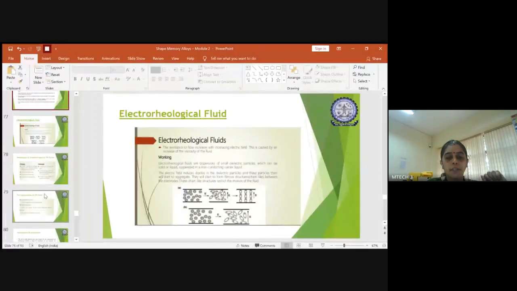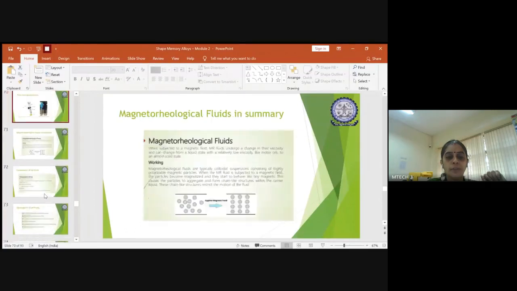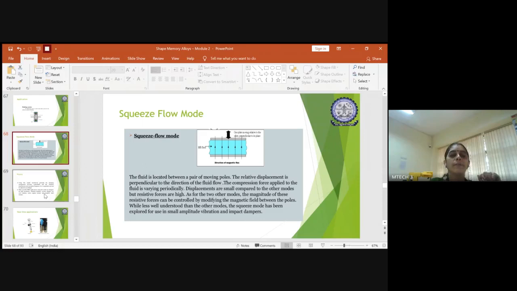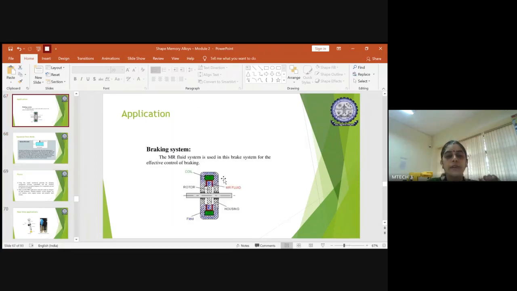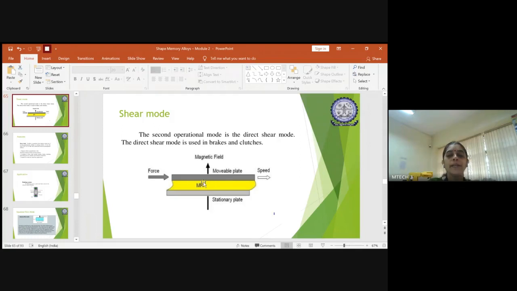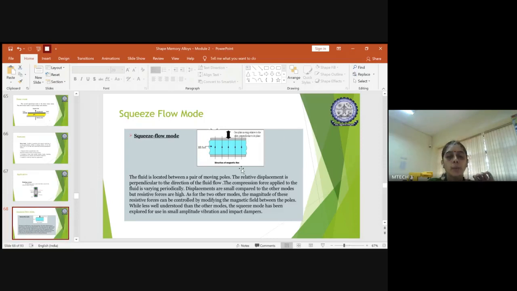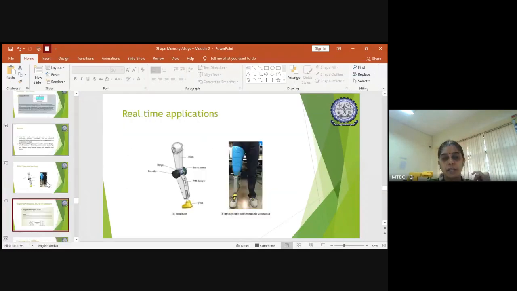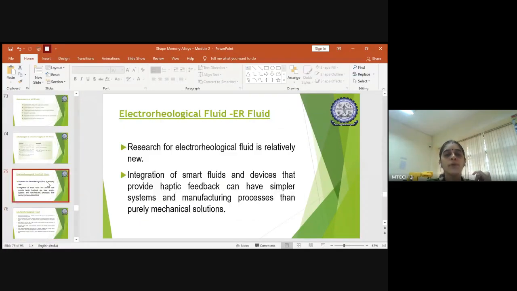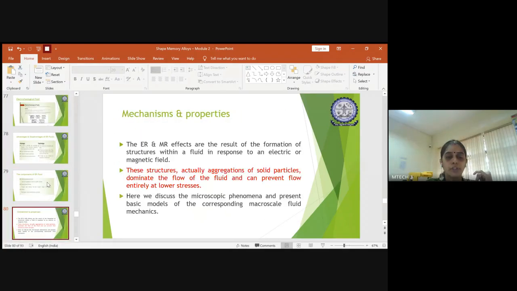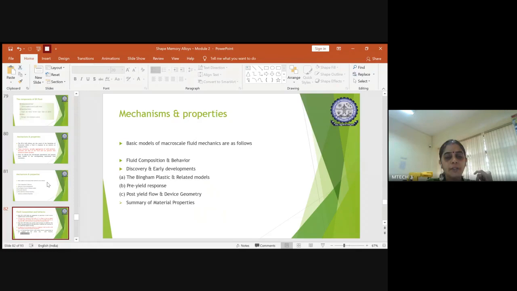I told you the difference between shear stress and shear strain in the previous class, when we were speaking about the squeeze mode as well as the shear mode. In shear mode, one plate will be moving and the other plate will be stationary, and in squeeze mode, both the plates will be moving. Related to this relative movement, the shear stress will be induced in the fluid with respect to the direction in which the magnetic field is subjected. So this is the cause for our shear stress and shear strain. The same concept has now been put forward in our composition analysis of the fluid.